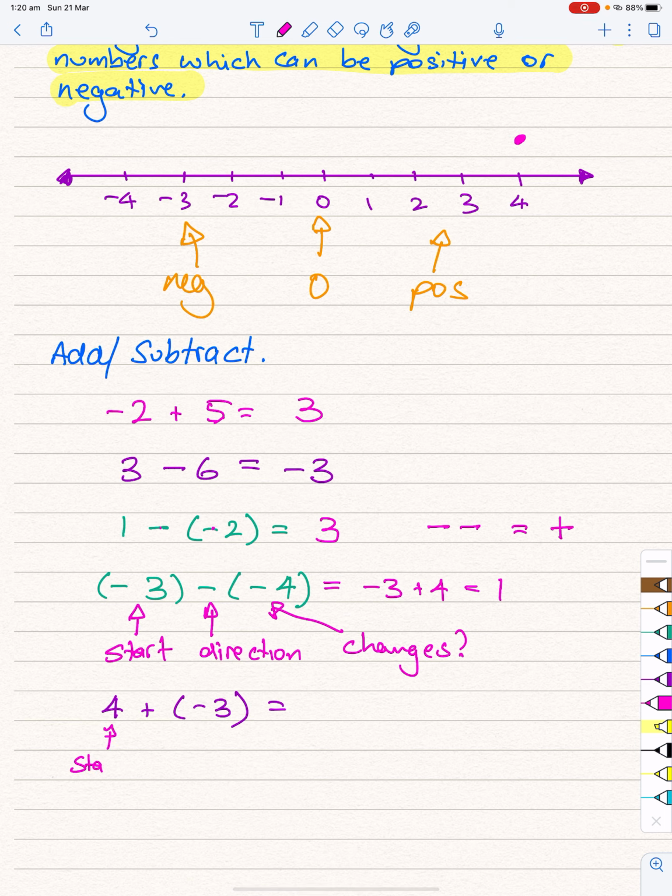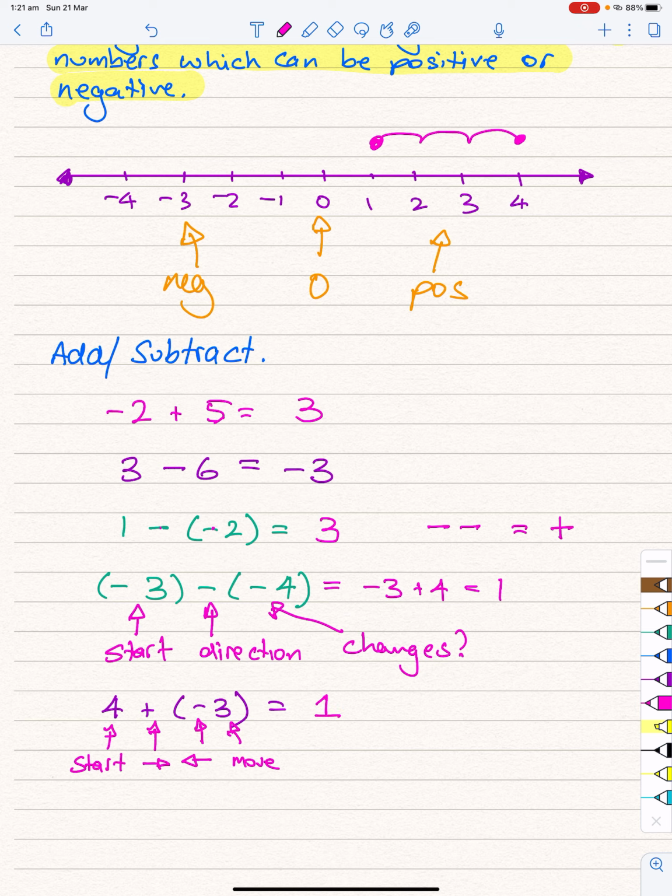That's my start. Now, the plus means that I'm going to go in the right direction. But then I come into another symbol, and my symbol says, change directions, go back the other way. So I'm going to go back, and I'm going to move that way 3 spaces. So start at 4, and I'm going to move left 1, 2, 3 spaces, and I'm going to end up